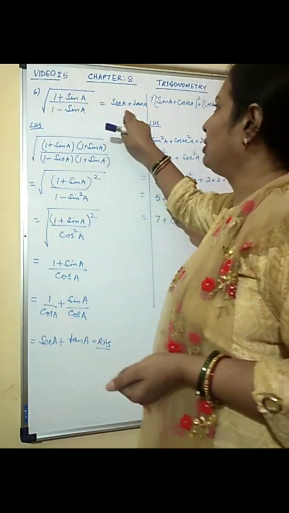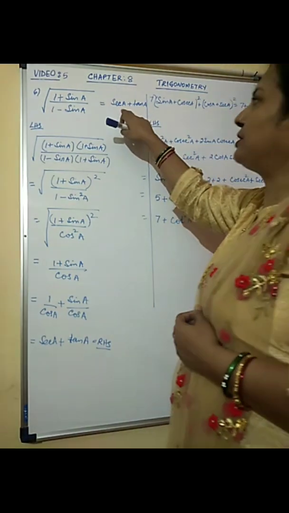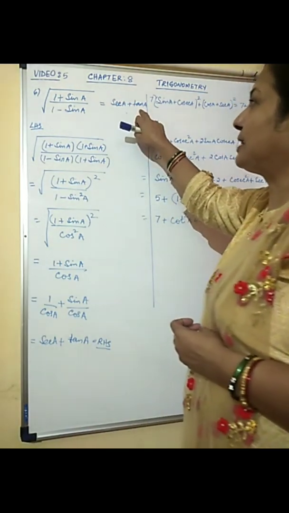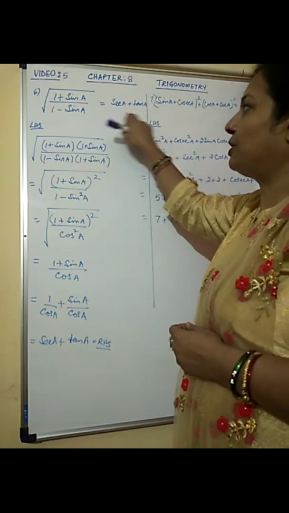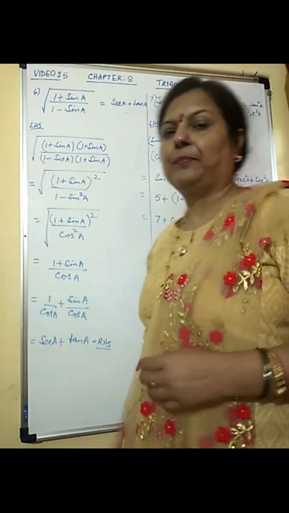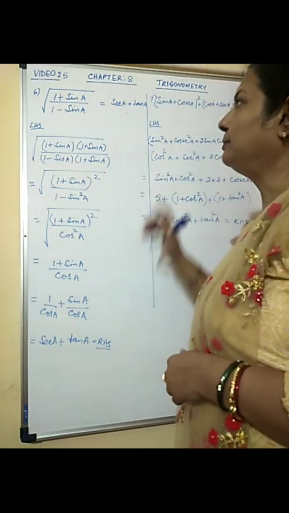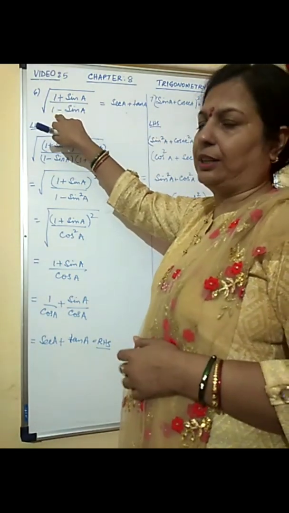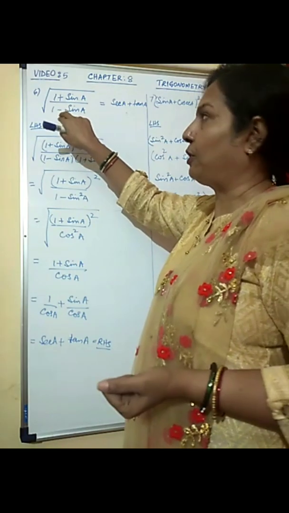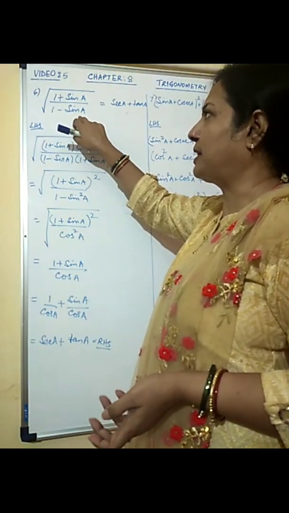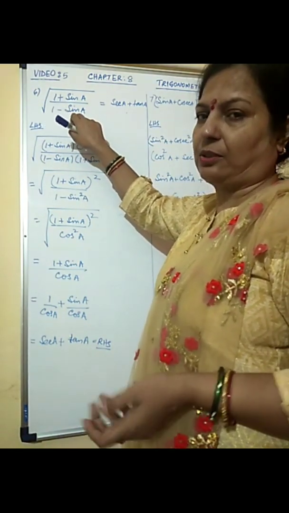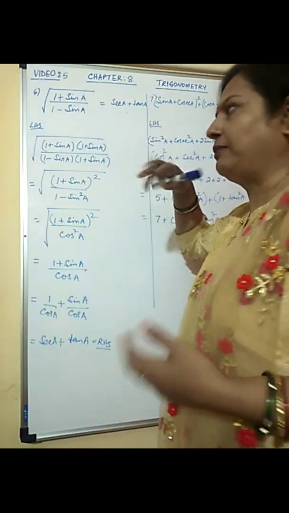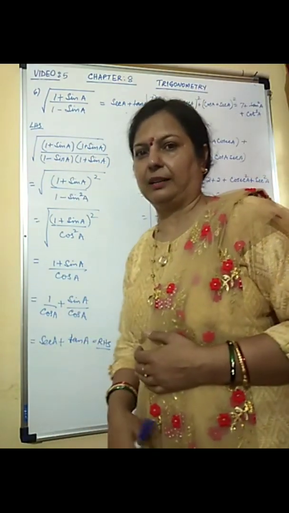So now you have to prove this is equal to sec A plus tan A. If you see, sec is 1 by cos, tan is sin by cos. So in the denominator we want cos. So that has to be taken into note. Now you know that you can convert sin in terms of cos. If I multiply this by 1 plus sin, this will be 1 minus sin square A, which will get converted to cos square A very easily. So the answer will be solved immediately.